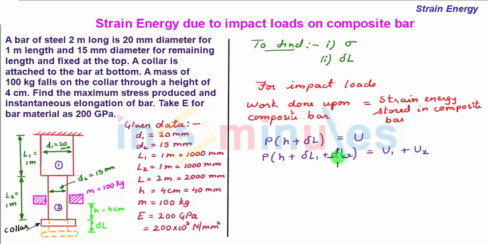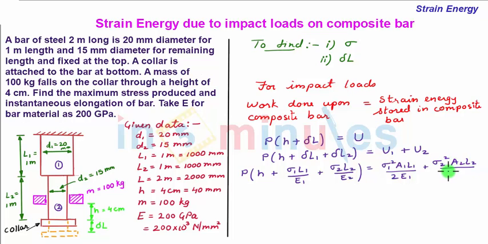So upon writing the formulas of delta L and U, we have delta L1 is sigma 1 L1 by E1, and delta L2 is sigma 2 L2 by E2, and U1 and U2 can be written as sigma 1 square A1 L1 by 2 E1 plus sigma 2 square A2 L2 by 2 E2. Now here in this equation we have two unknowns, sigma 1 and sigma 2. Upon substituting the value of sigma 2 in terms of sigma 1, we have